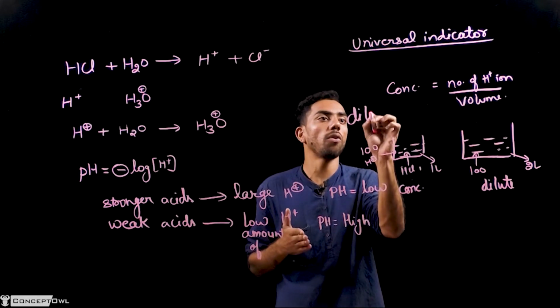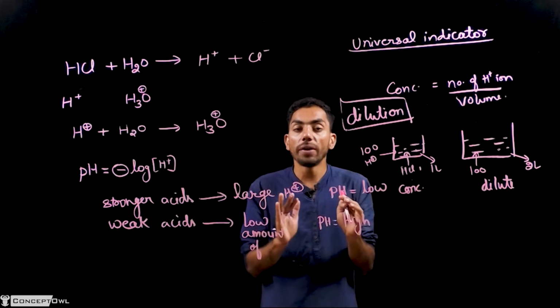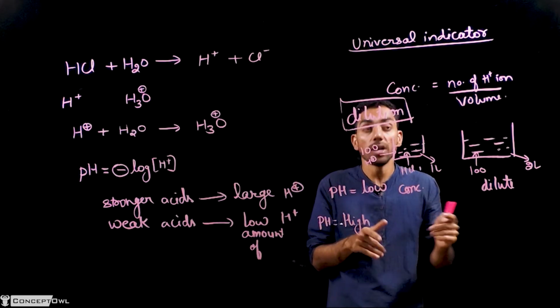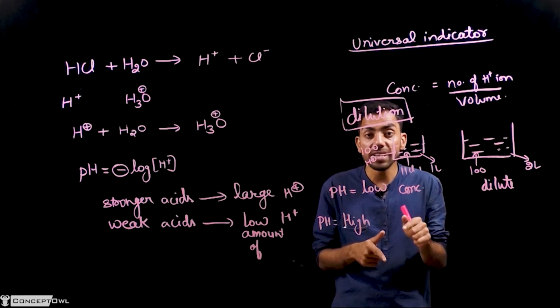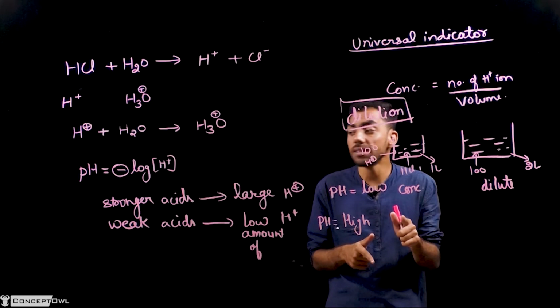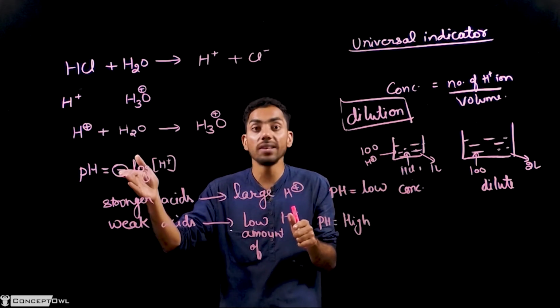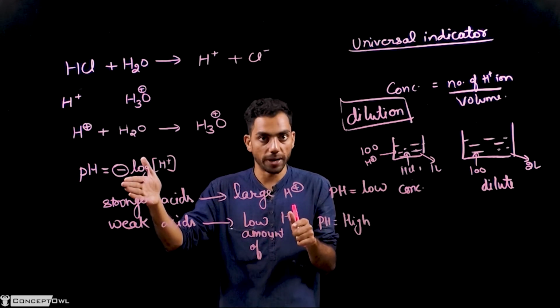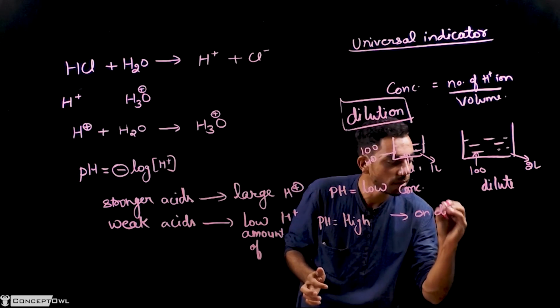Dilution means addition of water. So in dilution, always concentration decreases. So if concentration is decreasing, pH should increase. If concentration is increasing, pH should decrease, because there is a negative sign. Okay, so I am writing on dilution,